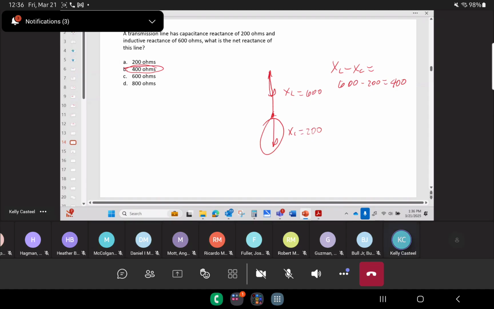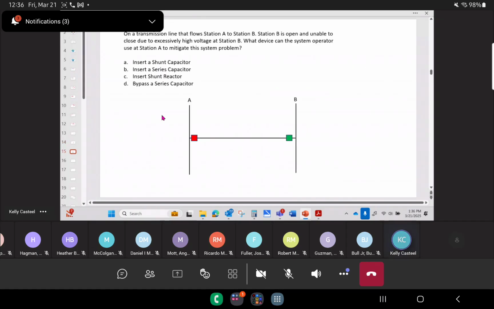All right, let's look at this one. The transmission line from station Alpha to station Bravo is open and unable to close due to excessively high voltage at station Bravo. What device can the system operator use at station Alpha to mitigate this problem? And you've got a number of options there. The key to this one is,